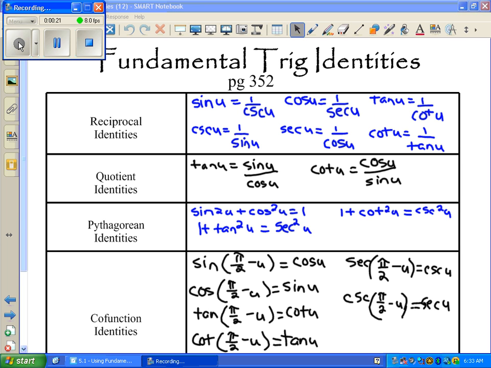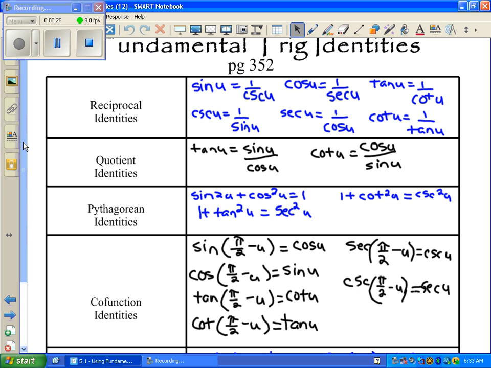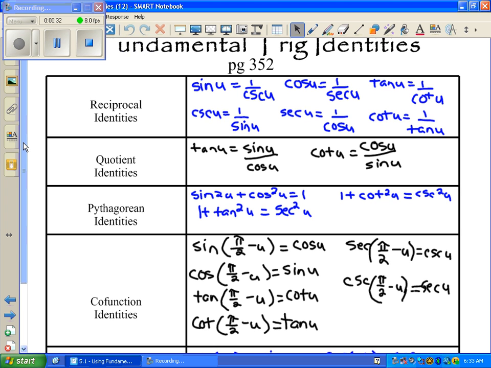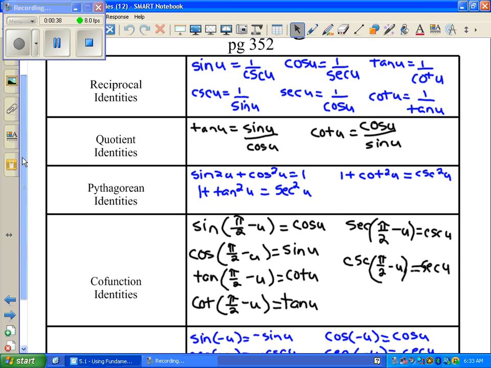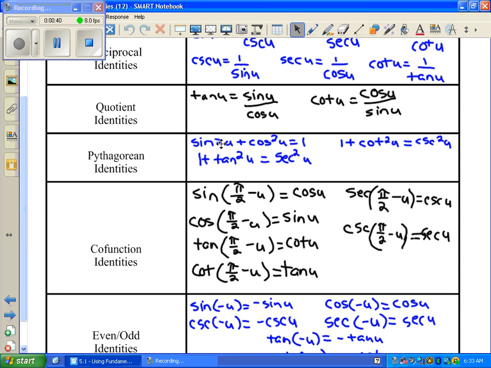First thing that you need to do is make sure that you get this table in your notes. All of these are fundamental trig identities. The reciprocal, where you put one over another identity. We have our quotient identities, the Pythagorean identities. This guy right here is very important. Make sure you have him memorized. You can always derive these other two by dividing this one by sine squared or cosine squared, but this one